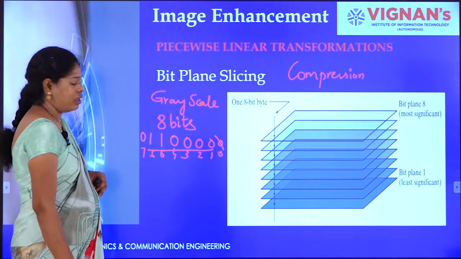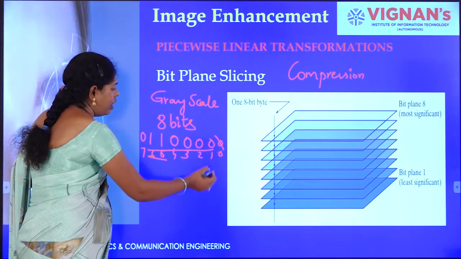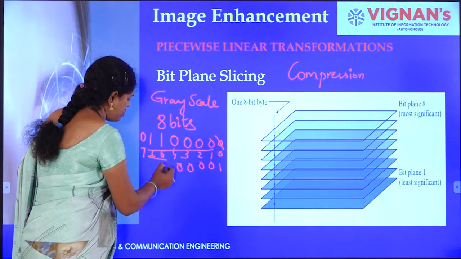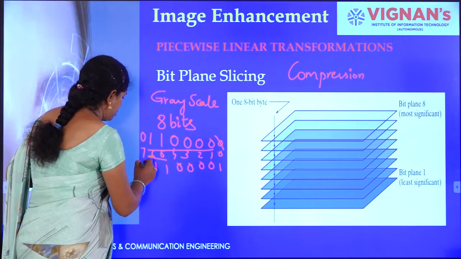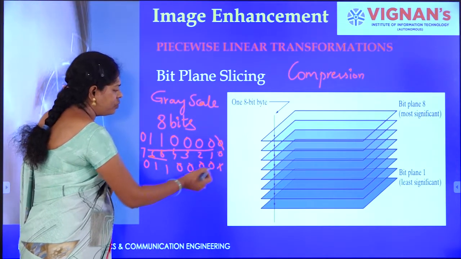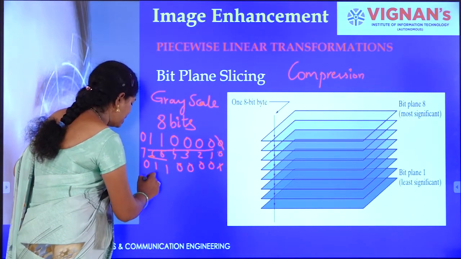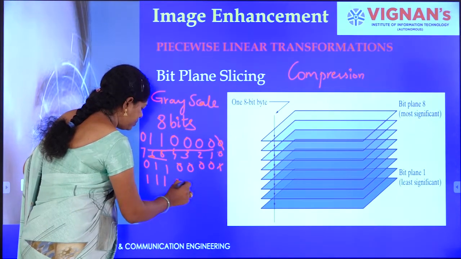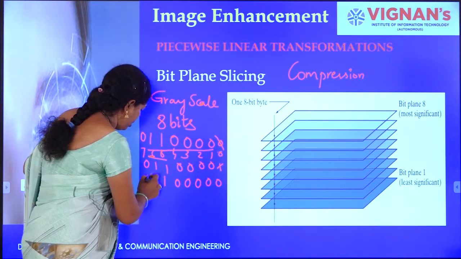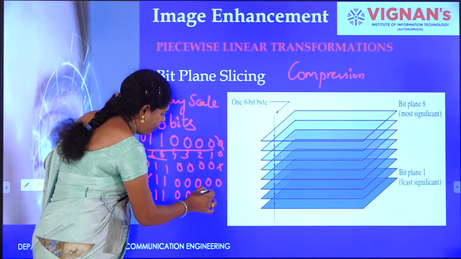This is the value, and it will not be affected if the LSB is 0. If it is 1 also, only one unit of the value will be modified, so there is no real effect. But if the MSB is 1 and you remove this MSB, there is a much larger modification of the value.